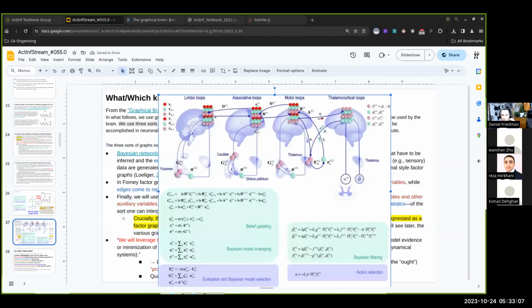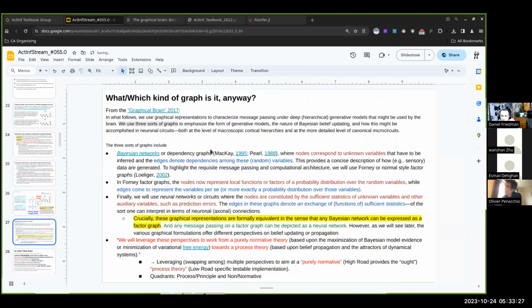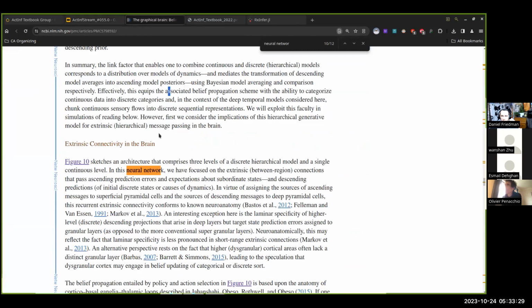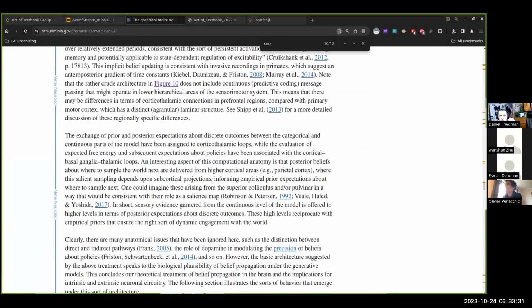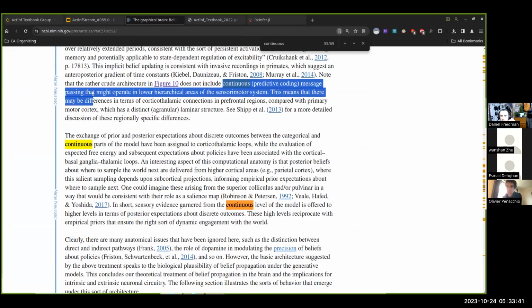So what makes this a neural network? Are they using neural network like many machine learning researchers would use neural network today? Sigmoid activation function, all that. I don't exactly expect so. So how is this different than a Bayesian network, part one? And then, could these models be simply... does not include continuous message passing.